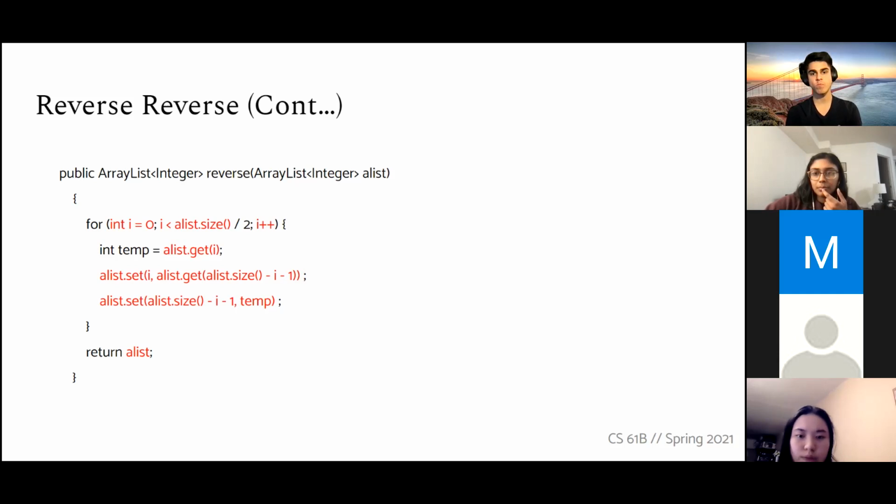Why are we doing i minus 1 and not just minus i? That's a very good question. That's because remember that all of our list and array indexing are based on 0 index. So the last value is actually at index alist.size minus 1. And that's just where the last value is because of our 0 indexing. And so minus i is just,